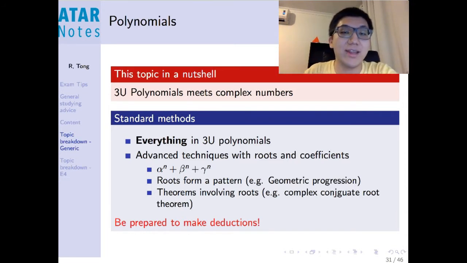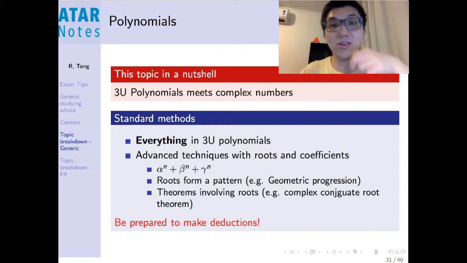A more advanced technique basically might be dealing with the roots and coefficients of a polynomial. You might be expected to be able to manipulate the roots and coefficients that you're given. Your roots might form a pattern, a GP or an AP, for example, or there might be reciprocals, blah blah blah. And you also need to probably know quite a fair few theorems about the roots. So my example here is basically, well,